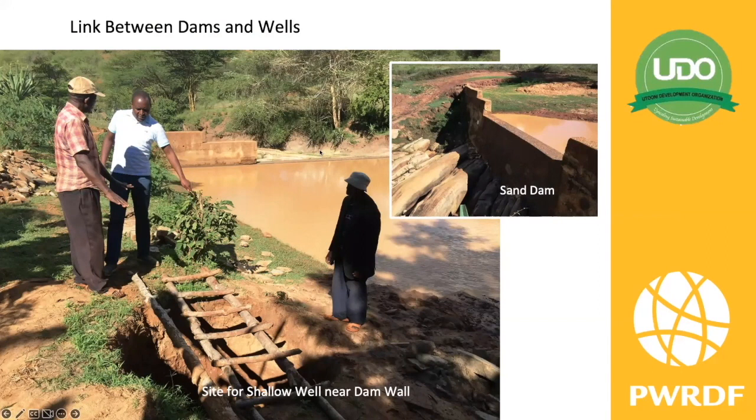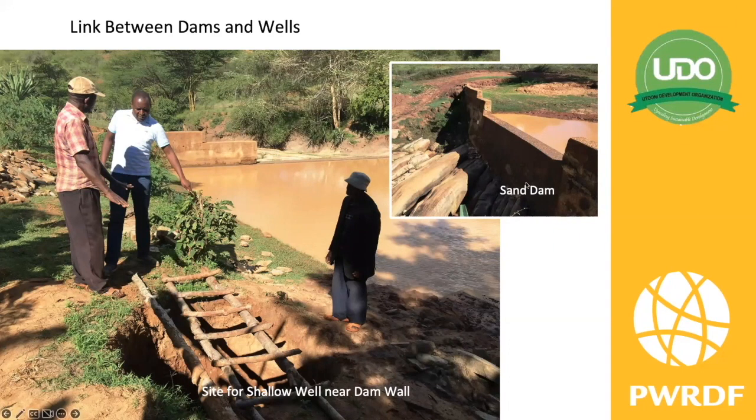Closer in the foreground is the hole dug for a shallow well. Shallow wells are normally established near dam walls like this to access the greatest amount of water for the longest period. The reason you see water on the surface on the right is just because the dam is full, the ground is totally saturated. So, in terms of a formal definition, a sand dam is a reinforced stone masonry wall